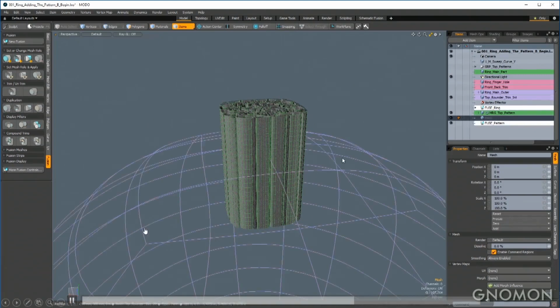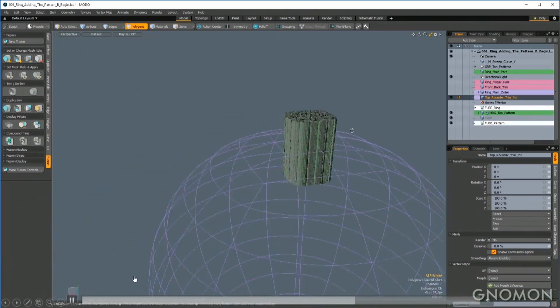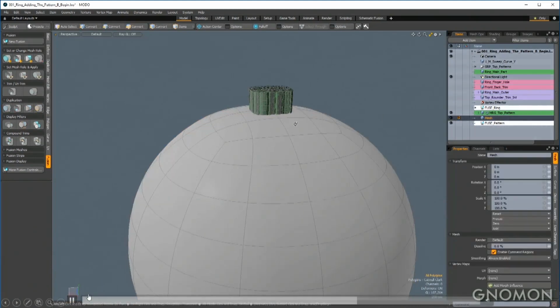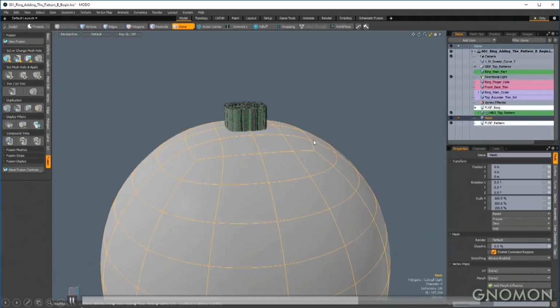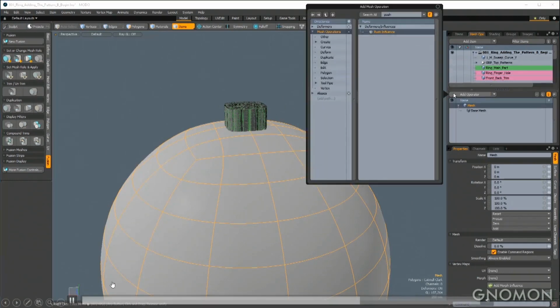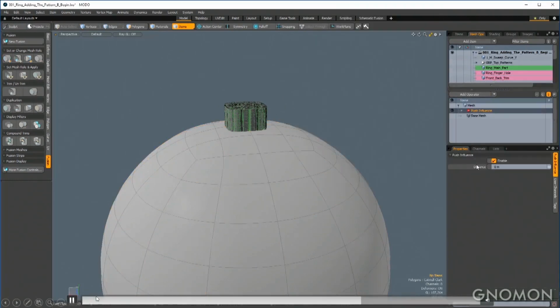I'm going to need to trim the bottom of this sweep geometry. So I'm going to use the sphere, which we previously used to round the top of the ring. And I'm just going to reuse it to trim away at this sweep geometry. But first, I'm just going to use a push influence to kind of scale down the sphere.